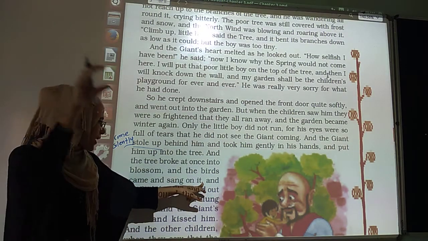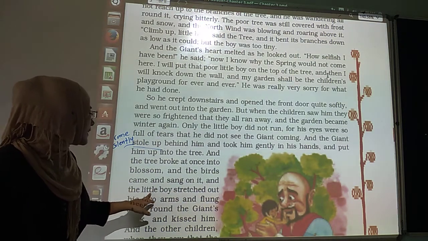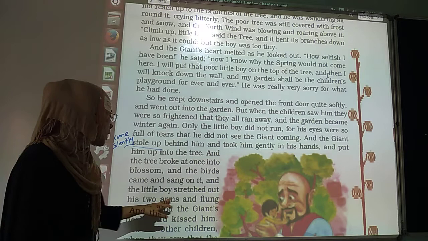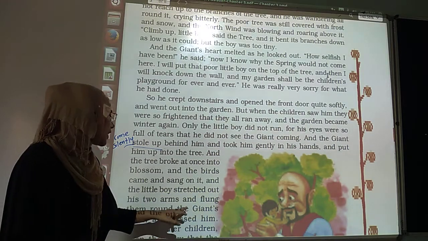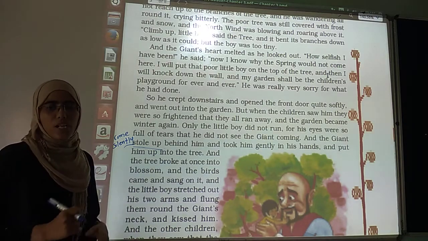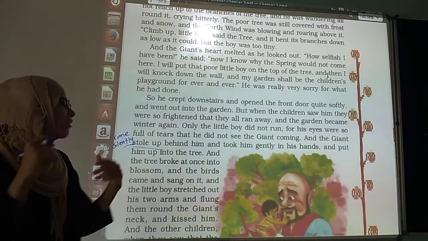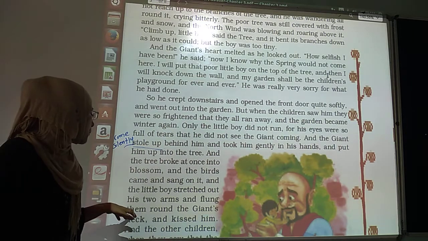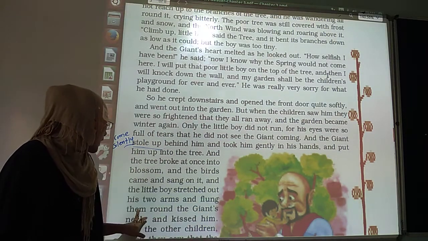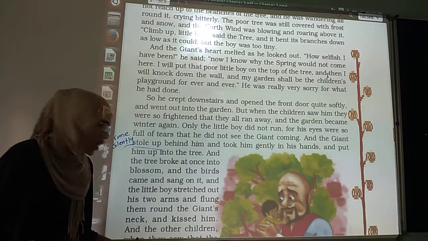And the little boy stretched out his two arms and flung them around the giant's neck, and kissed him.